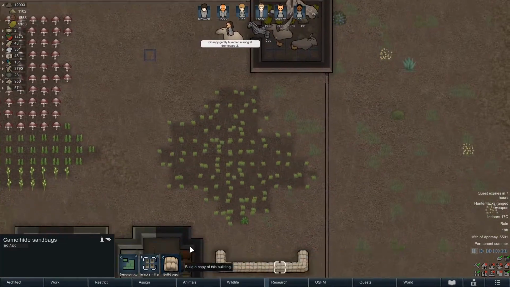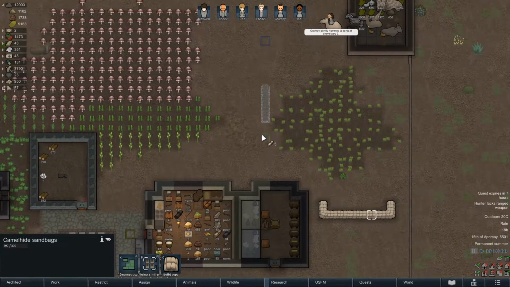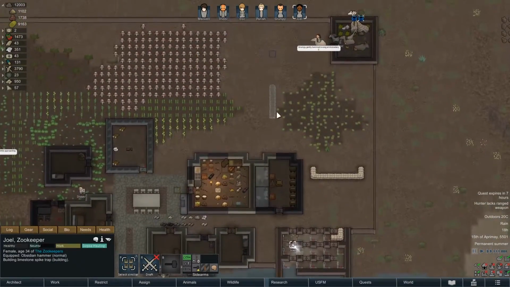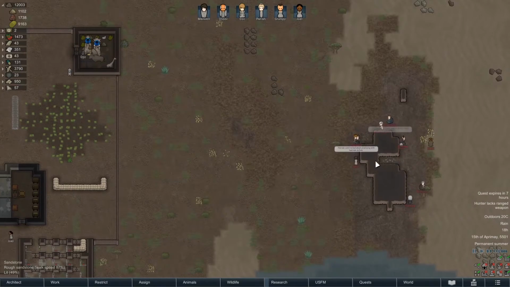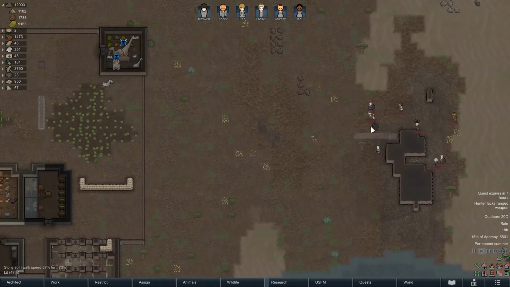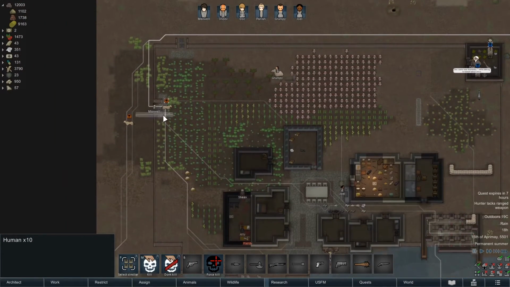So we're going to grab some of these camel hide pieces over here, and I think we're going to throw down a quick and dirty, sort of a defensive ramp, really. And we're going to use that to cover us up. Here we go. Okay, might be too late for that already. None of them have grenades, which is good. And it looks like they are, in fact...